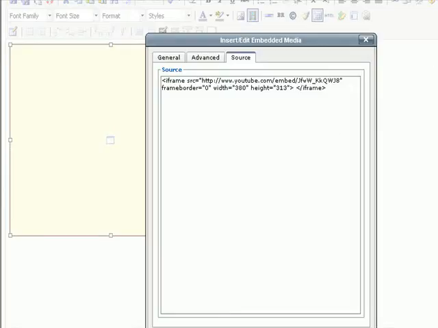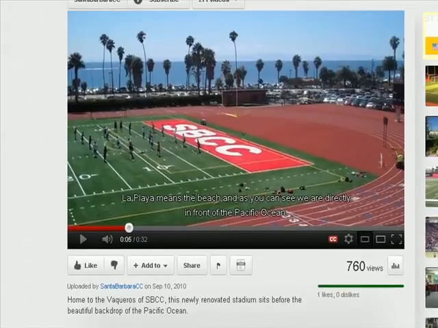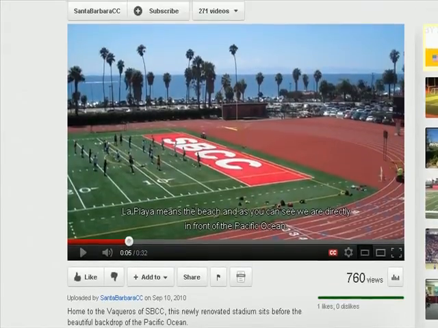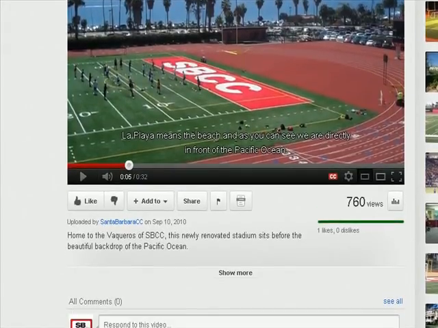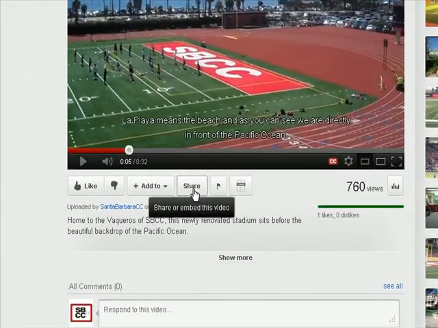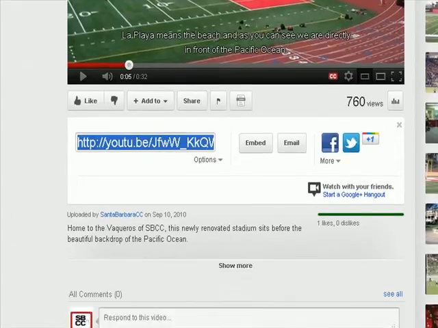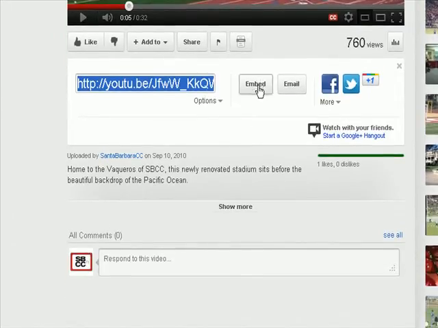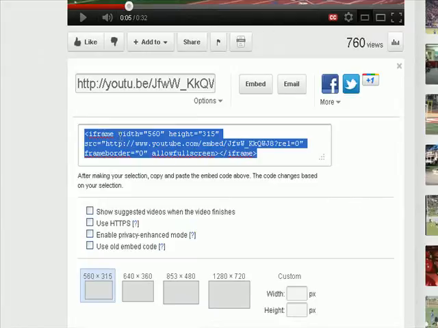So in this case, I would go to my YouTube channel, and I've got my same video, but we're going to look at a different way to do this. And I've got a button in YouTube that says share or embed this video, so I'm going to click this button. And I've got another button that says embed. I'm going to click embed, and as soon as I do that, it gives me the iframe, and I actually can change the size of this here if I want to. And notice if I click 640 by 360, it changes the size and keeps the proportions,